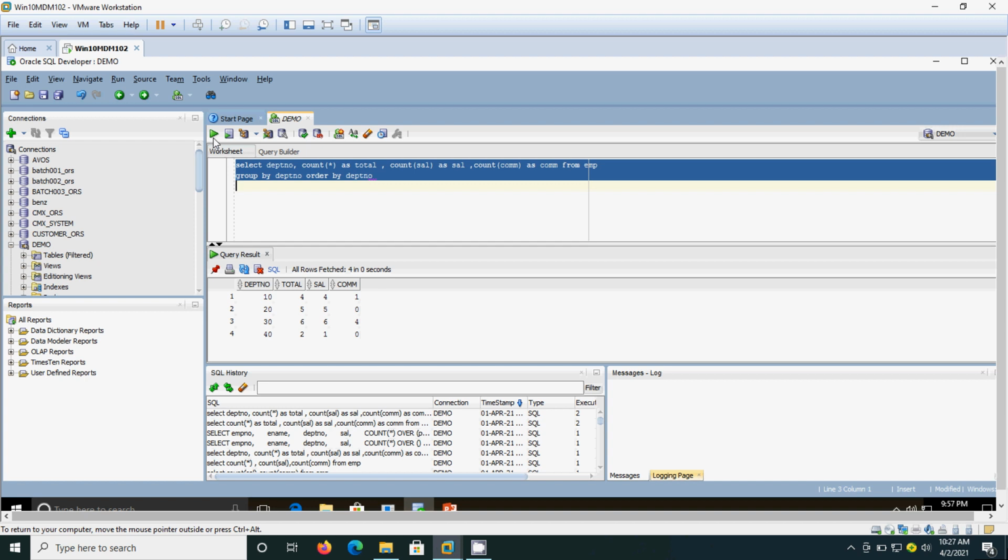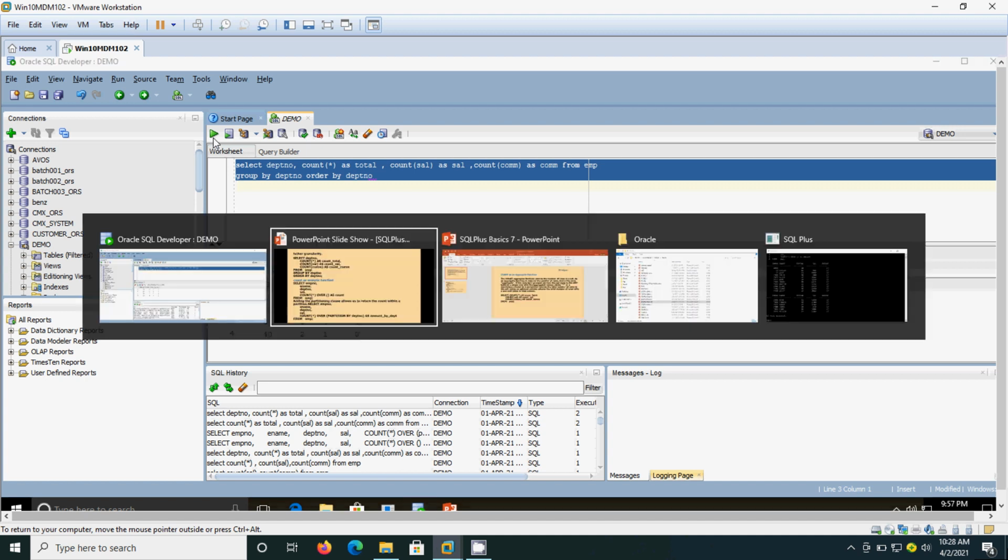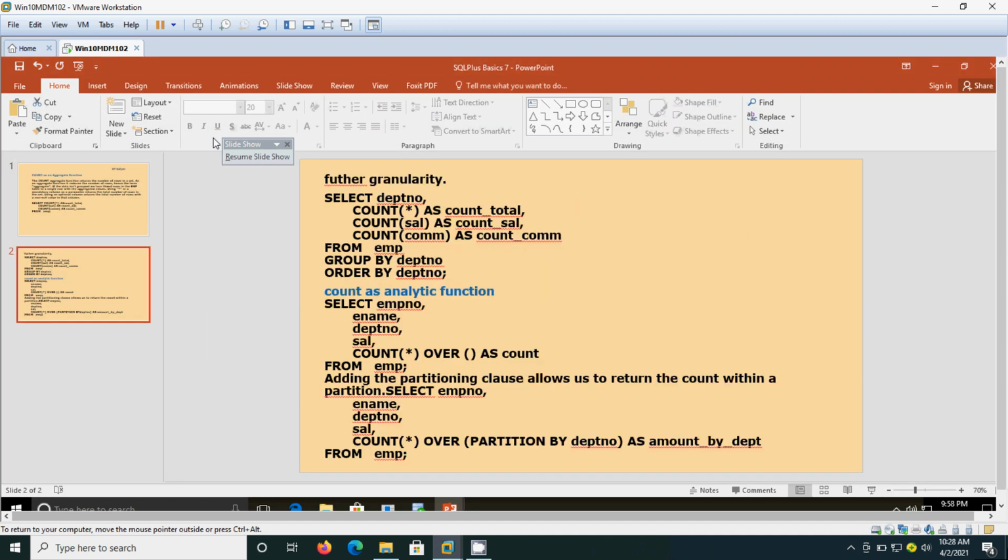Now we are going to see how we are going to implement the count as an analytic function. The same thing, but here we are going to use one more function called over. If we use over, what is going to happen?